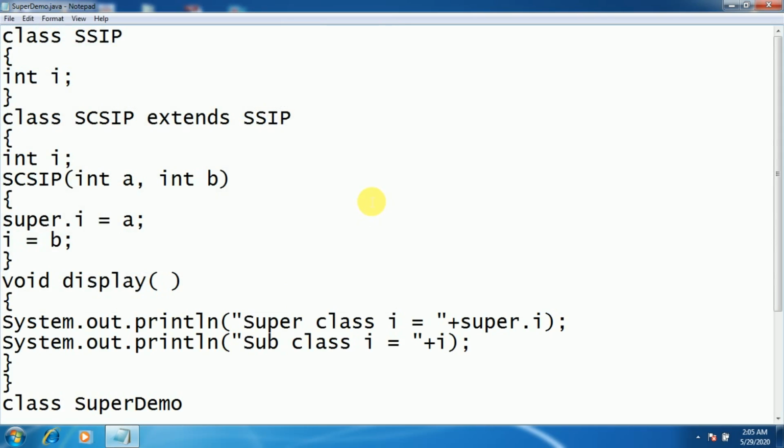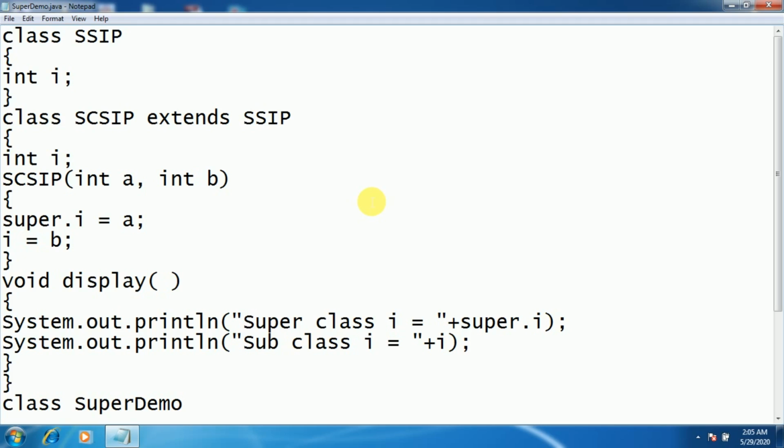Remember, there are two usages of the super keyword. One, the super keyword can be used to call the constructor of the superclass from the subclass. Another usage is this: suppose the subclass and the superclass define the same instance variable, then the subclass hides the instance variable of the superclass.